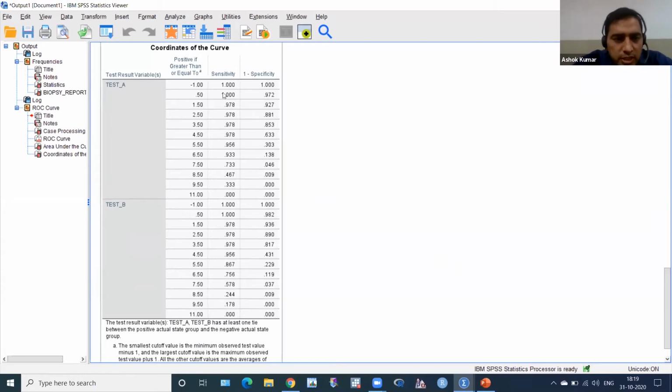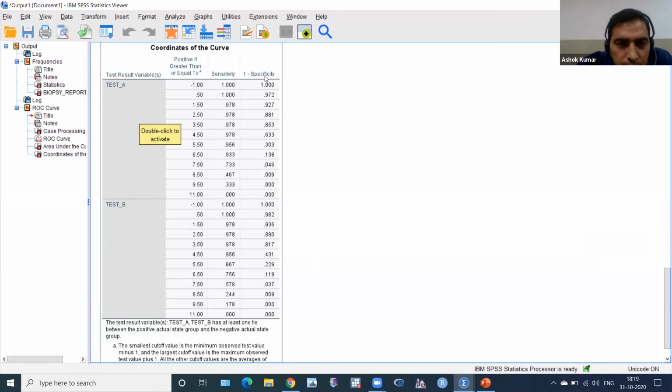So please see this: positive if greater than or equal to, malignant if greater than or equal to test 1. What you have to do is find this: 4.5, greater than or equal to 4.5. This sensitivity is 97.8%, 0.97.